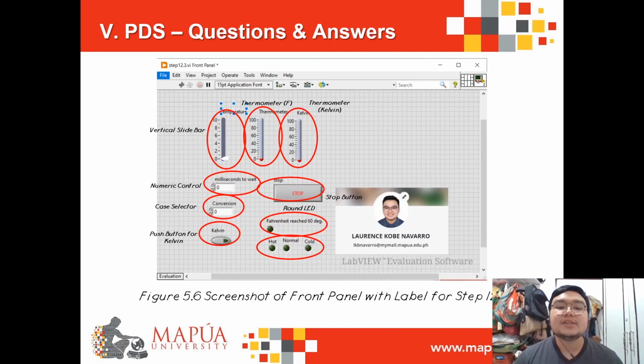So next part is the 12.4. In this part, a double case structure was implemented, by inserting a case structure inside the case structure. So basically, the added component here is the determination of whether the Kelvin is considered as hot,